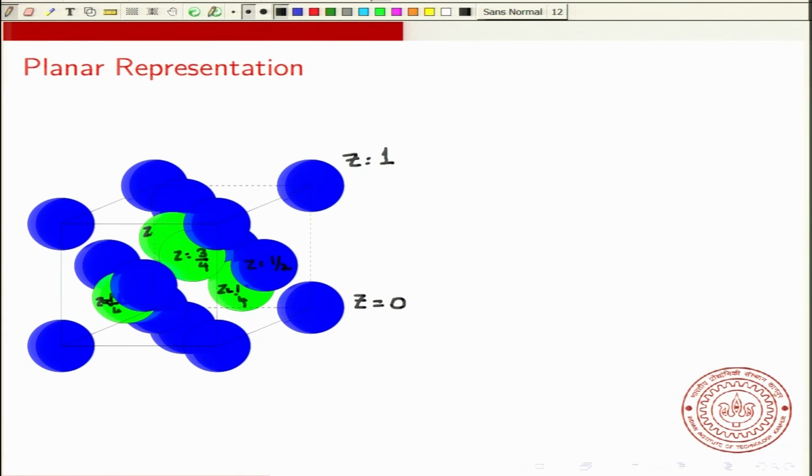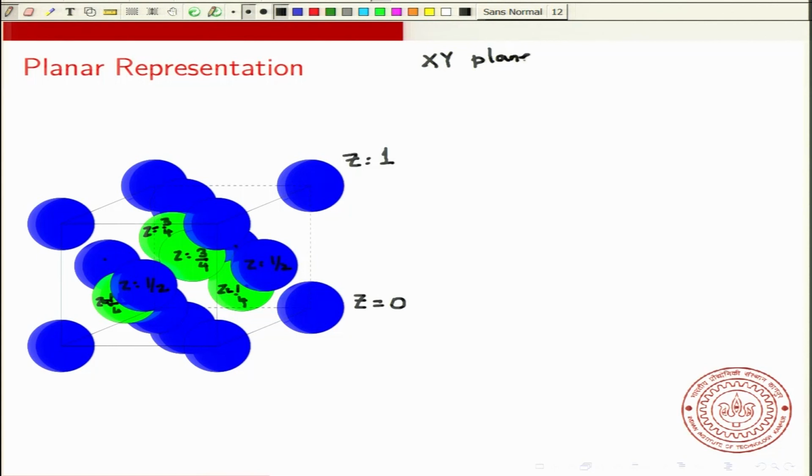This has z equal to 3 by 4. Okay, there are several other atoms. This also has z equal to half. I'm not showing all the atoms that have z equal to half; there will be this atom and the atom in the back face that also have z equal to half. Okay, now the way to show the fractional coordinates is let's take the xy plane,